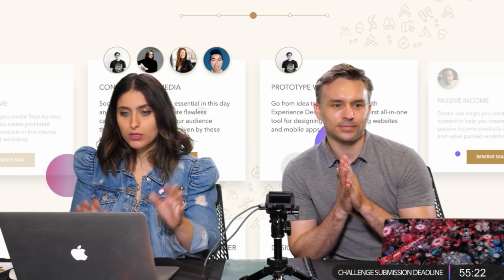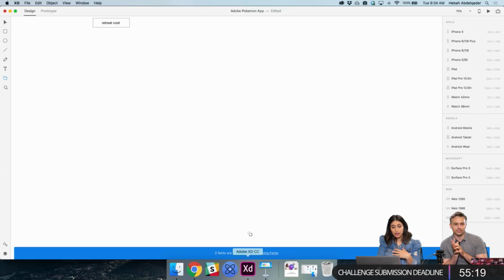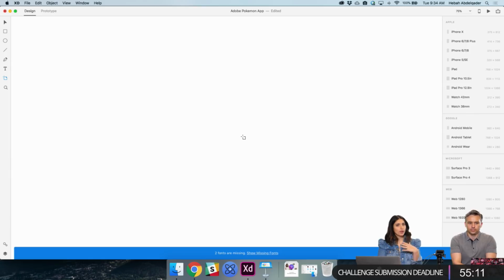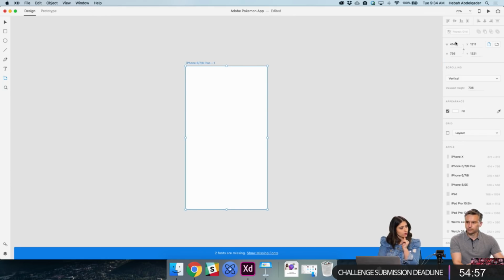So the first thing I like to do is design in the smallest screen. I know some people don't like to do that. They like to design in the most recent screen, but I like to solve problems on the smallest screen and then make my way up. But for today, I'm going to be designing on the 7 Plus because that's the phone I have on me. Eventually we're going to prototype this app, and it needs to look good on my phone, right? That's right. Absolutely. So we've identified the 4 features, the 4 tabs, the 4 sections that we're going to use.